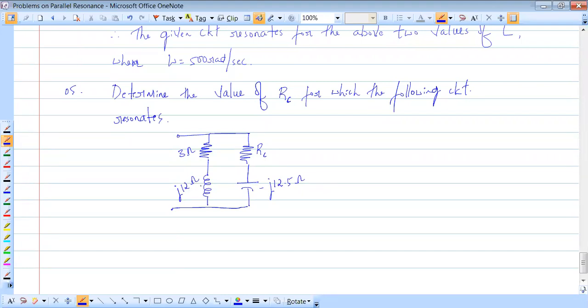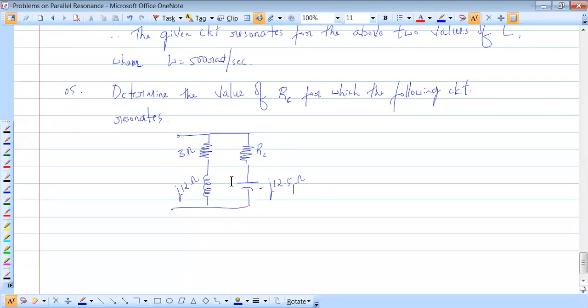Whenever we write the reactance of the inductor, it comes with plus J, and the reactance of the capacitor comes with minus J, because the reactance of C would have J in the denominator and the reactance of L would have J in the numerator. This is something that we have to keep observing. That will make our memory good, understanding better.